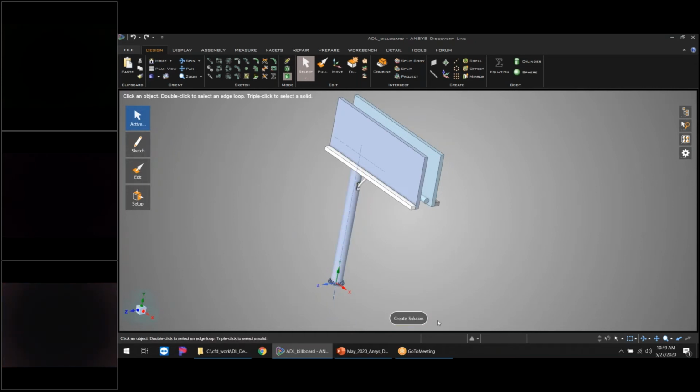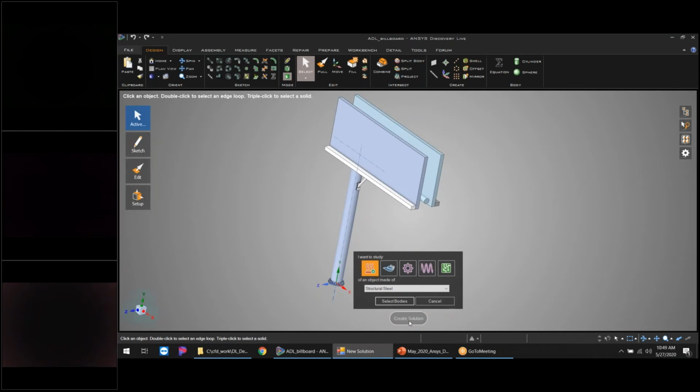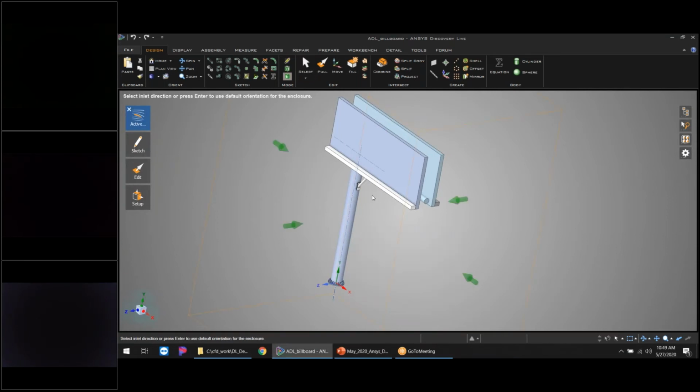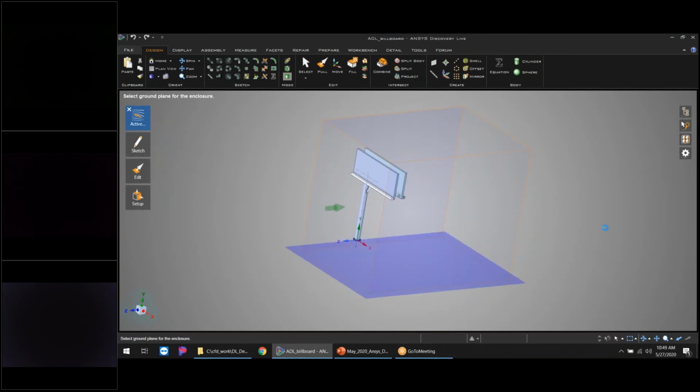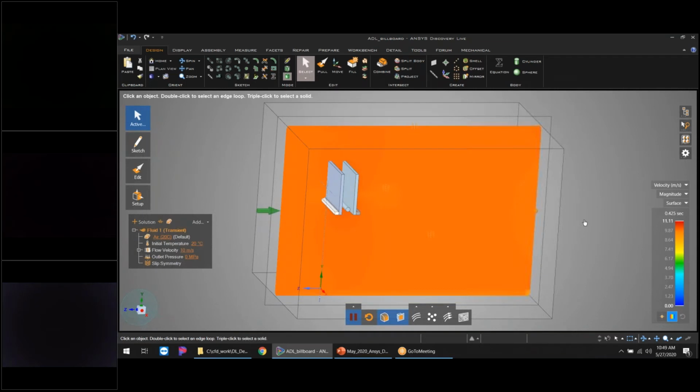Okay. Down at the bottom, I'm going to create a new fluid simulation. So I'll hit create solution. I'm going to click on my fluid. This time I'm going to leave it at the default for air, and I'm going to create a fluid volume for external flow. So we'll hit create here, and I'm automatically prompted with my bounding box. In the upper left-hand corner, it's asking me, where's my inlet? So I'm going to come right here. And the only other question we have is, where's the ground? I'm going to grab that ground right there, and within 3 seconds, 5 seconds, I'm going to crank up my little speed fidelity slider here.